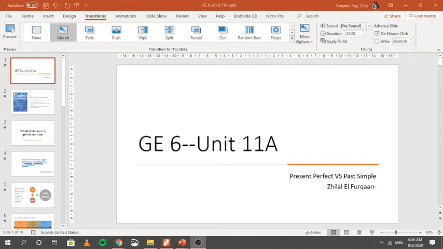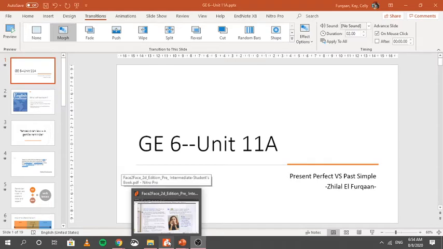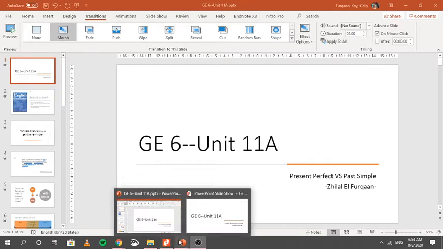Okay, hi class. So in today's makeup, we will talk about Unit 11A, especially about present perfect and past simple, or present perfect versus past simple. So I want to make sure that before I begin explaining further about present perfect versus past simple, I want to make sure that you've already done the